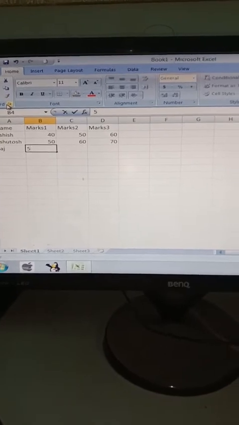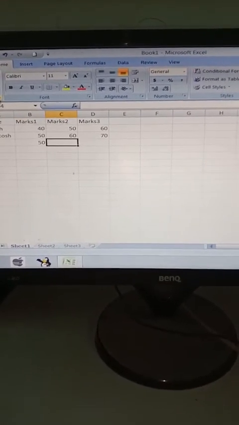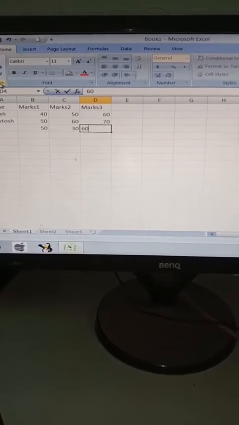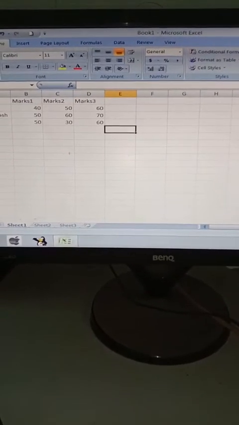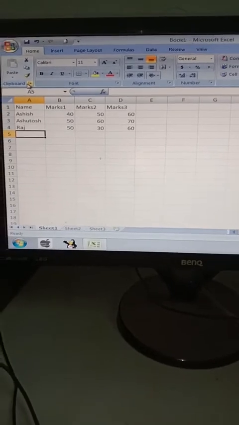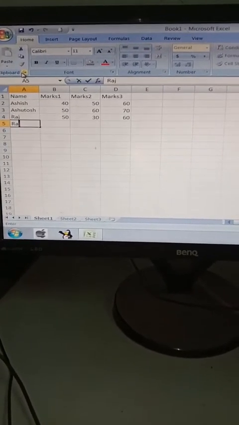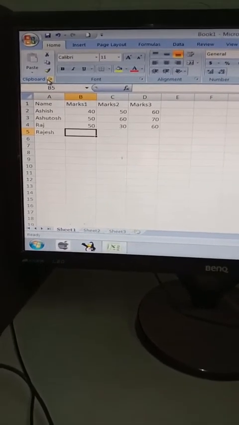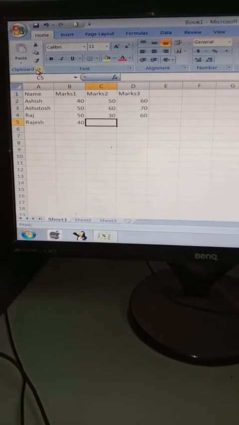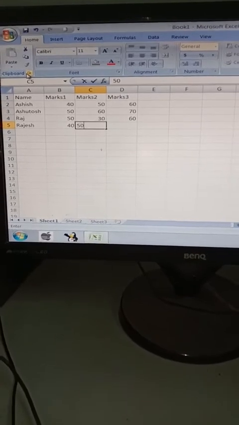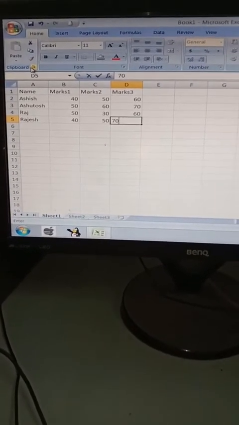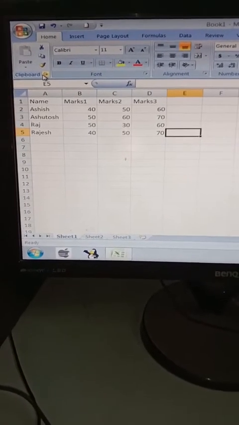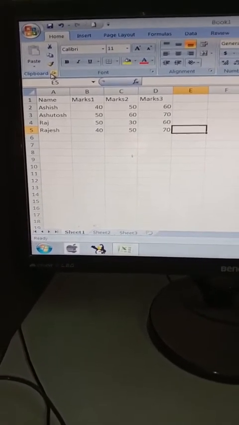Marks 50, 30, 60. Next name Rajesh. Marks 40, 50, 70. So these were some of the names of the students and their different marks. Marks 1, marks 2, marks 3.